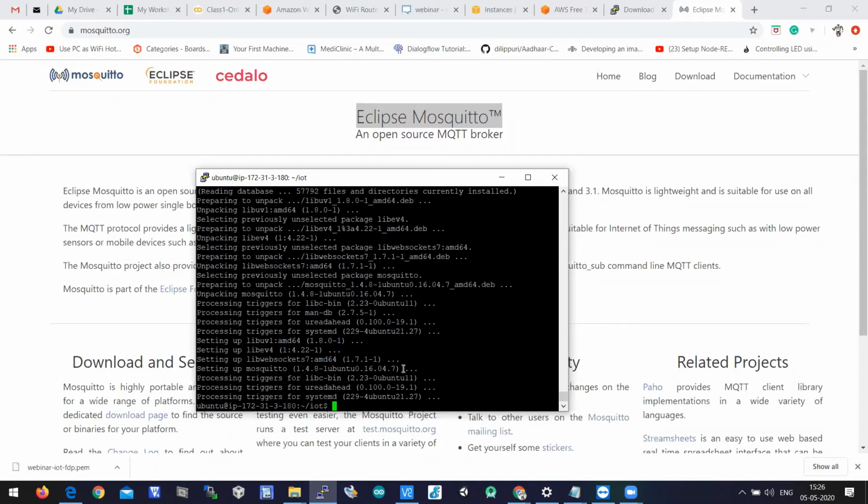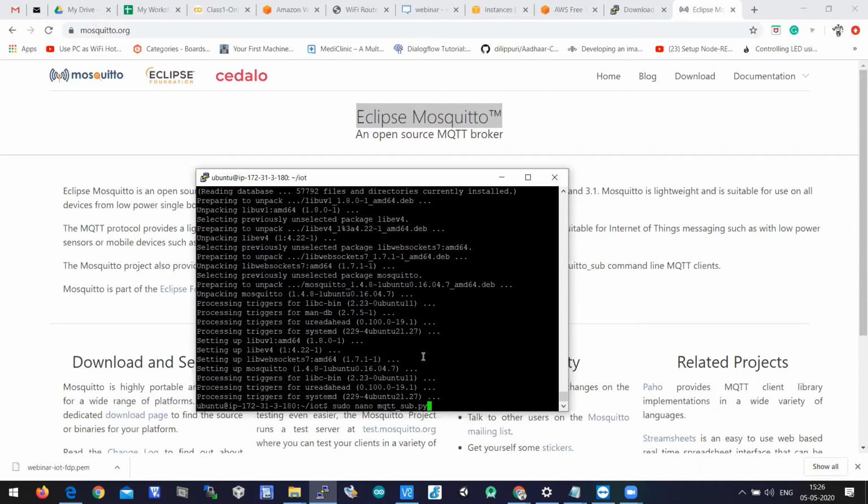The broker is also deployed, but you need to do a little configuration, which we'll do after writing the program. So let's jump into the program. Sudo space nano space mqtt underscore sub.py.